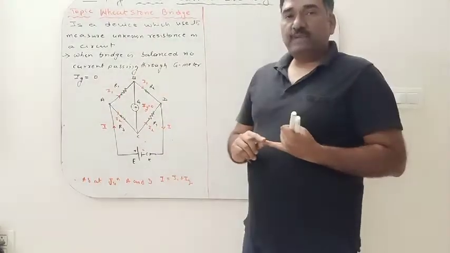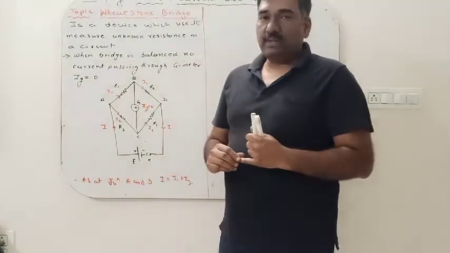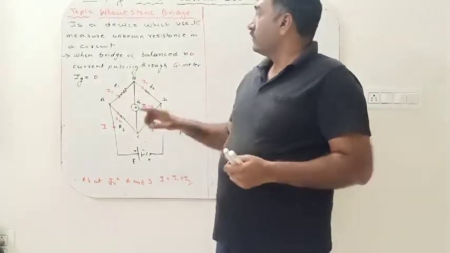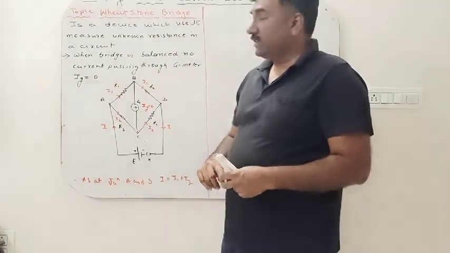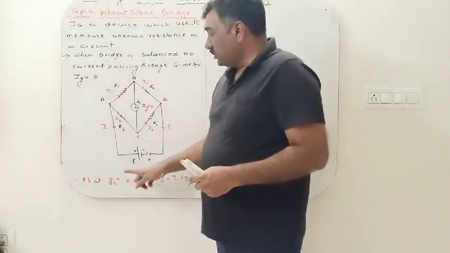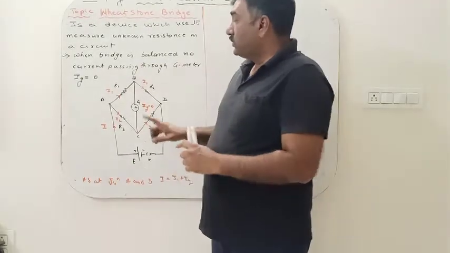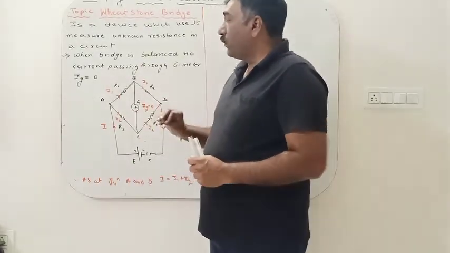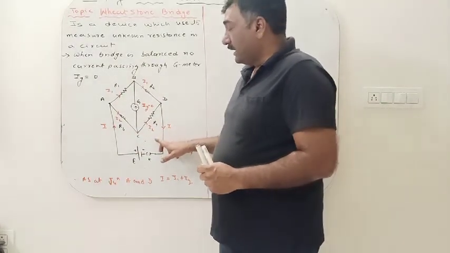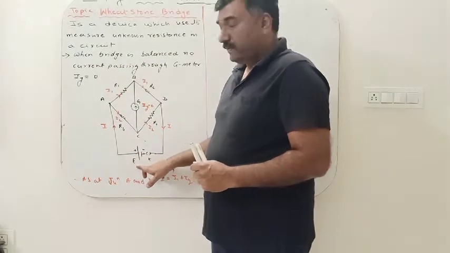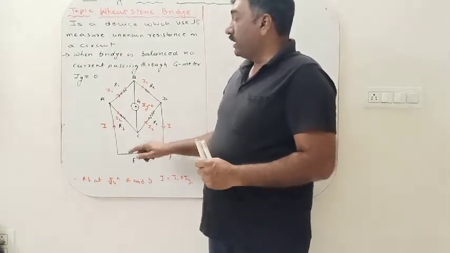So what is the Wheatstone bridge? The Wheatstone bridge is a device which is used to determine the unknown resistance in a circuit, and a network as shown in the figure is the theoretical construction of a Wheatstone bridge. In this circuit we have four resistances R1, R2, R3 and R4 connected with a battery of EMF E and a key. When you close the key, what happens?